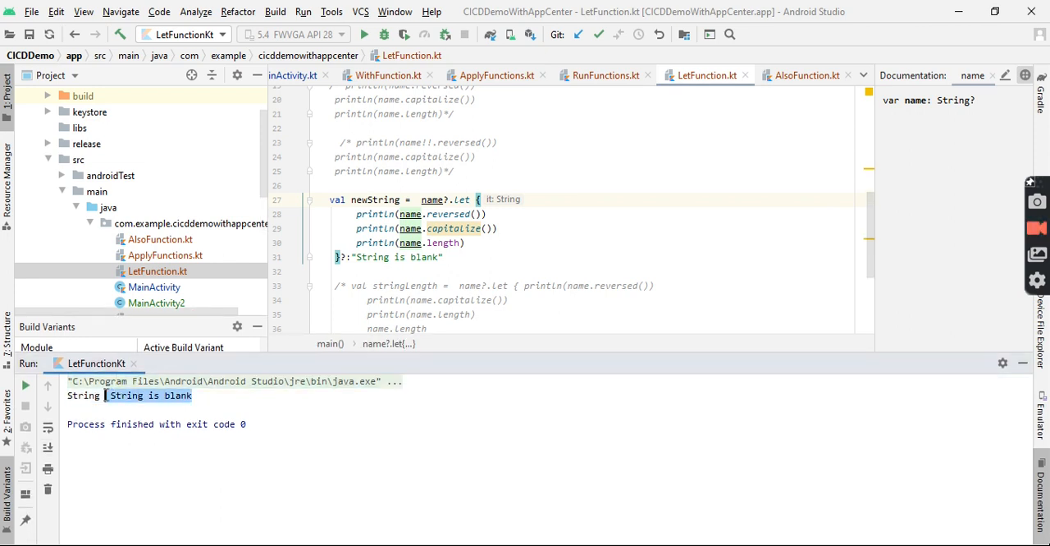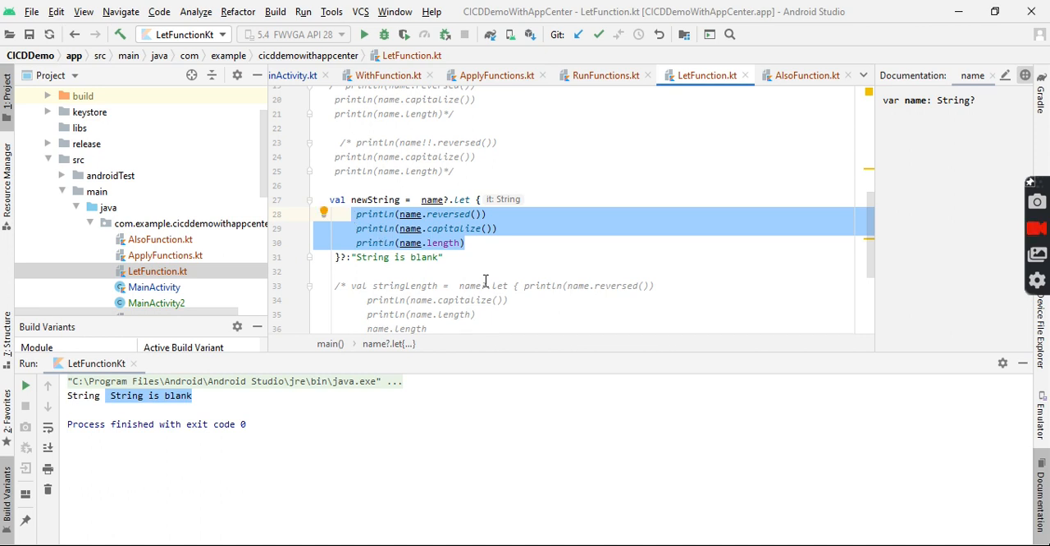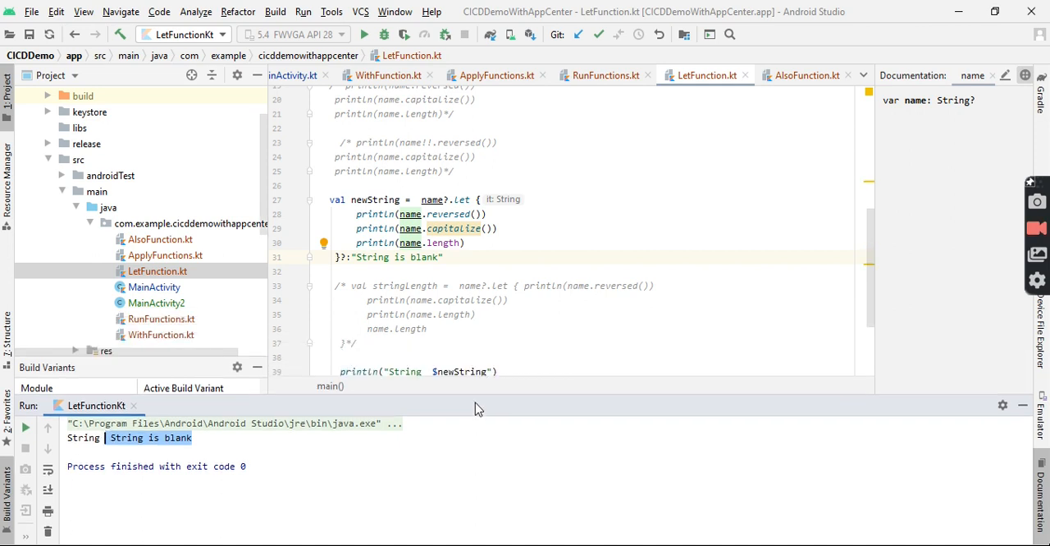The string is blank because we have defined name as null, so nothing is executed in this block, and the Elvis operator, the else branch, is executed instead. So this is the beauty of Kotlin when using the let function. So, moving ahead,